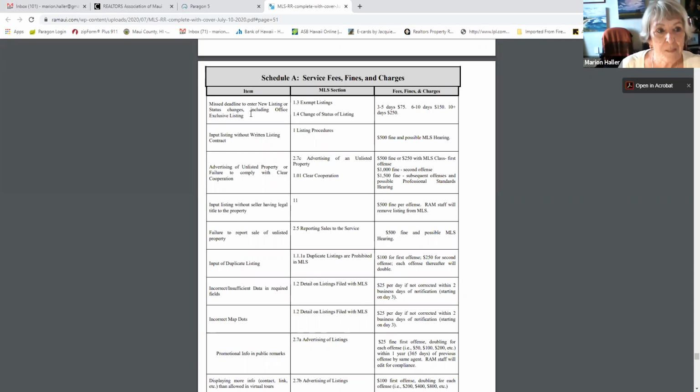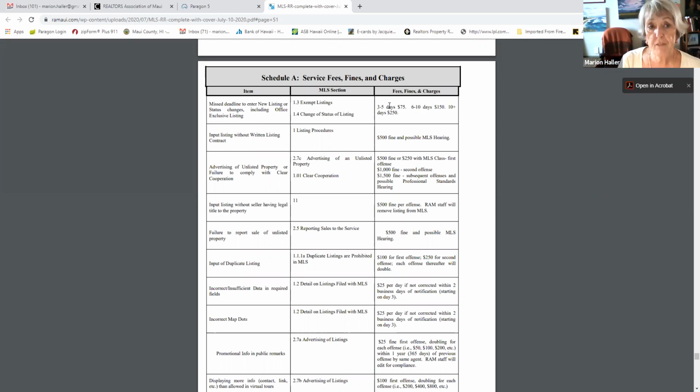So if you missed a deadline to enter a new listing or a status change, including an office exclusive listing and including if you sold a listing, it is if you missed it by 3 to 5 days, because we know we have 2 days, right? You have 2 days to put in any status change into the MLS, 48 hours. After that,